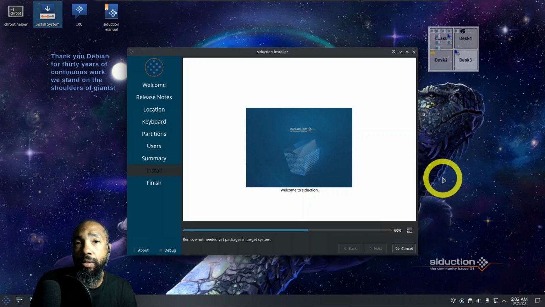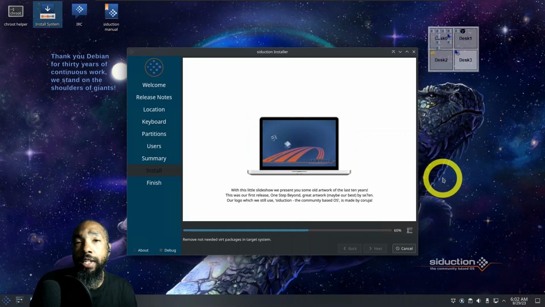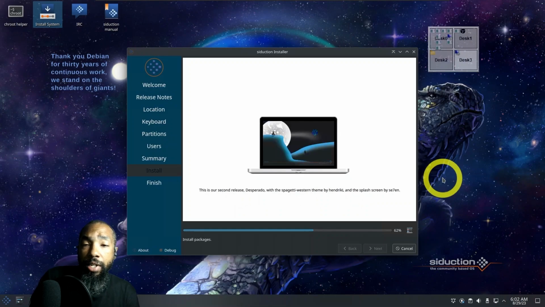So it's going to do some behind the scenes stuff, but it kind of tells you what it's doing. A little cleanup work, and you have the little slideshow to keep you entertained. It's just basically removing stuff that's not needed in your target system, being the VMware instance in which I am running this. Now it's going to install packages, and